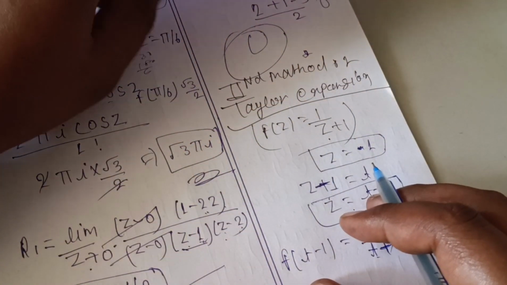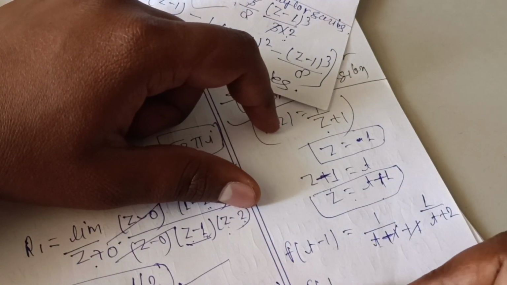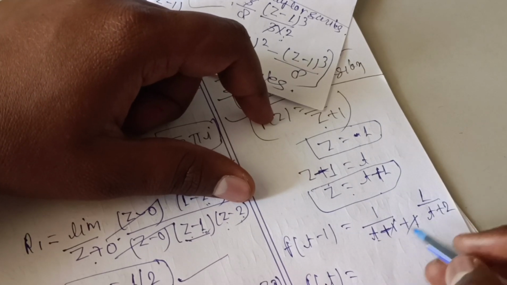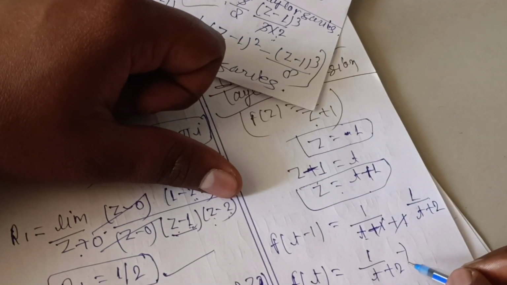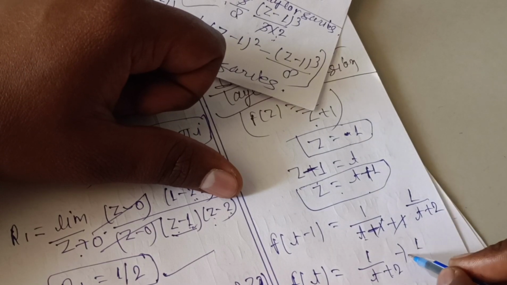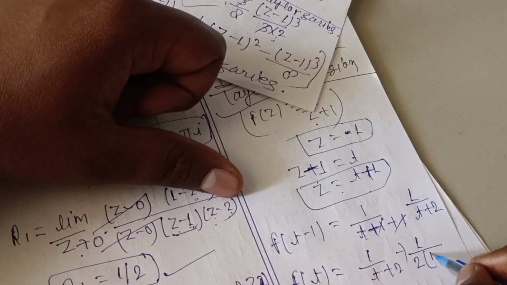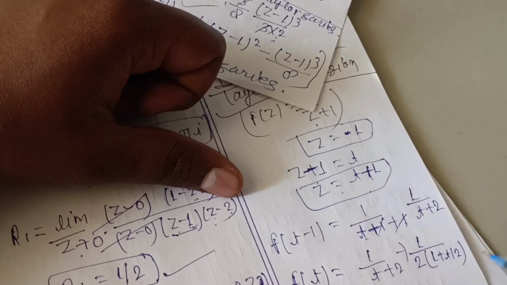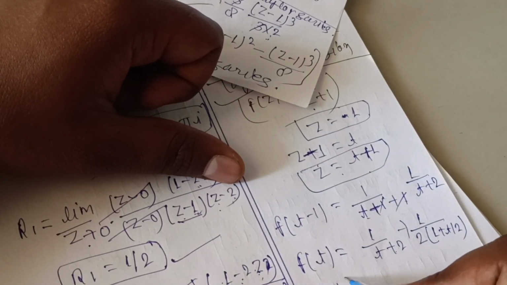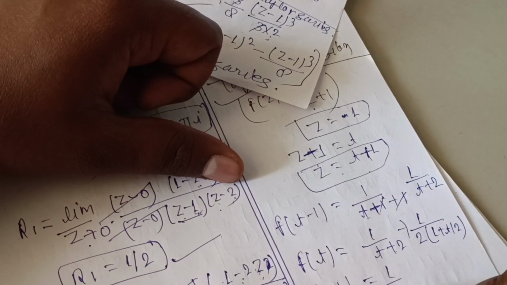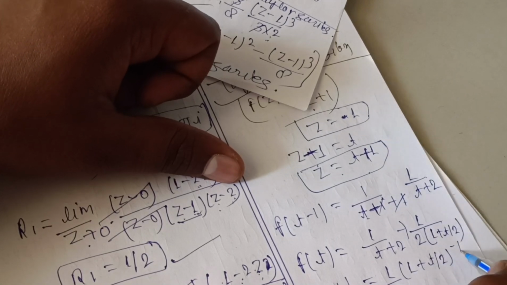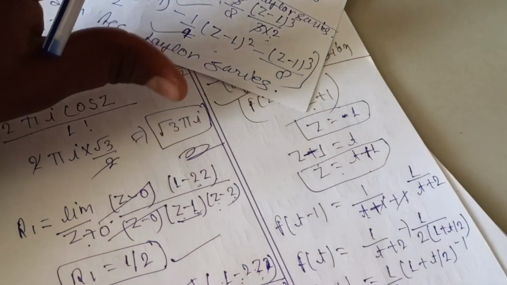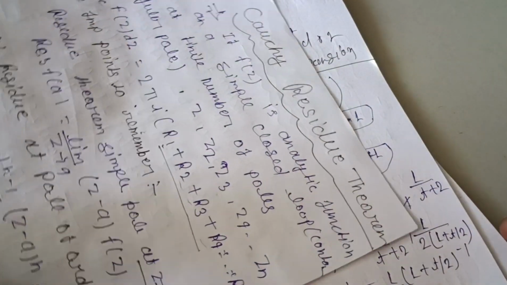So what we will do right now, f of t is equal to 1 upon t plus 2. So for this we need to take common. 1 upon 2 we have taken common, then 1 plus t by 2, right? Or I can also write it, f of t is 1 upon 2, 1 plus t by 2 to the power minus 1. Yeah. So now one thing which I want to recall to all of you,